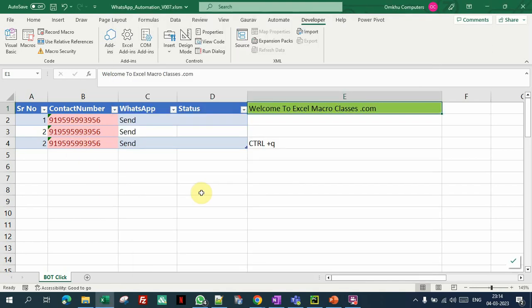Basically this program will send the same message to everyone. If you have custom messages for different numbers, this application will not work. But if you have a common message and you want to send it to all as a personalized message, you can use this tool as a bulk message sender